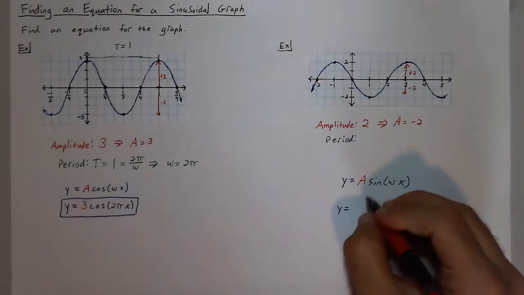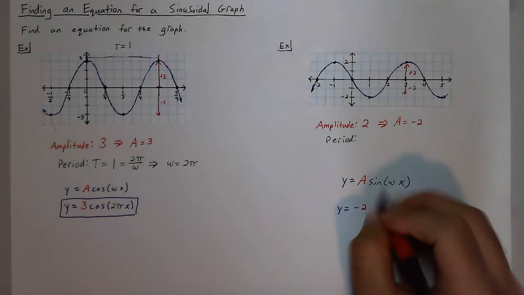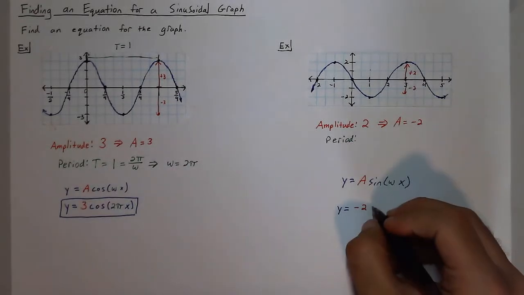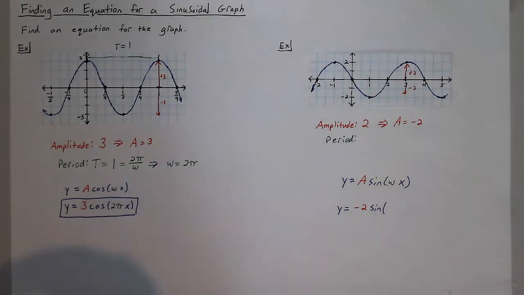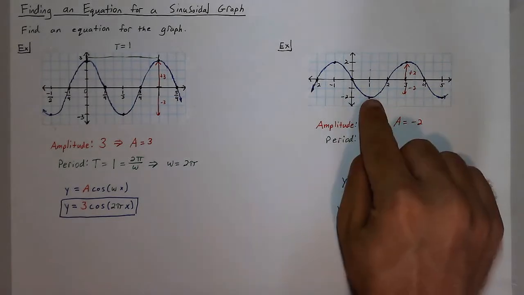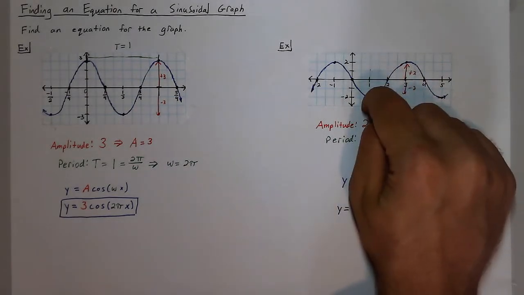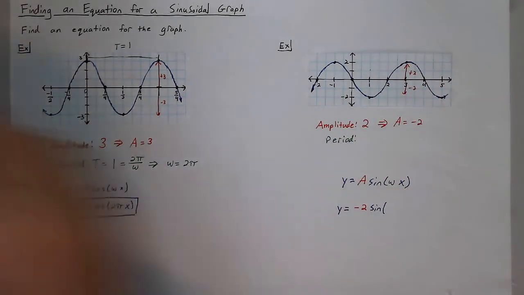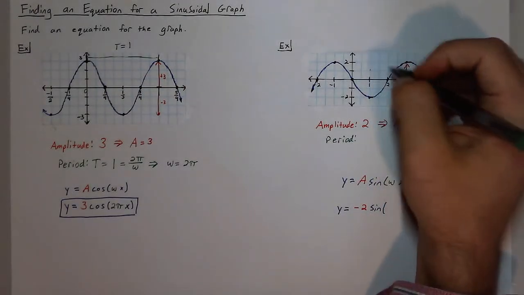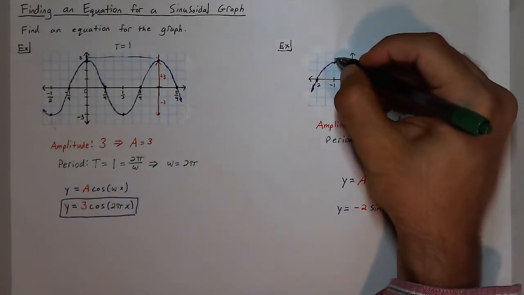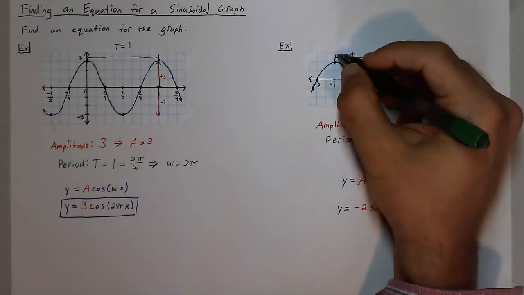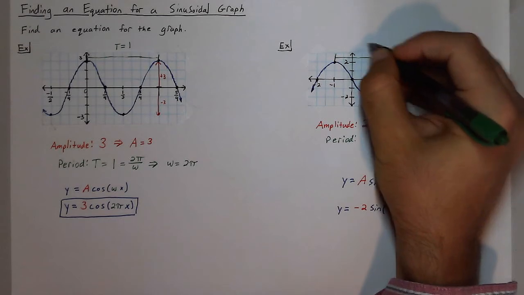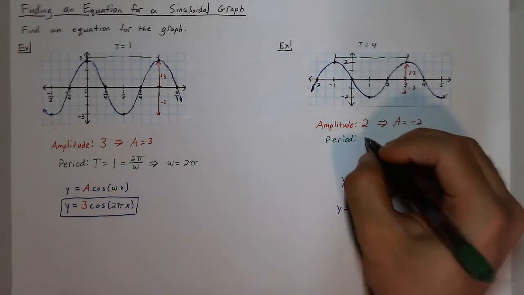So again, we find that a value by identifying where the key points originally were and then seeing what we multiply them by to get to that new value, which is at -2. It used to be at 1, now it's at -2. Now to find omega, we do it in a very similar way to the last time. We look at a peak to a peak. So let's say from -1 all the way to 3. That distance is 4 in length. So that T is equal to 4 for the period,